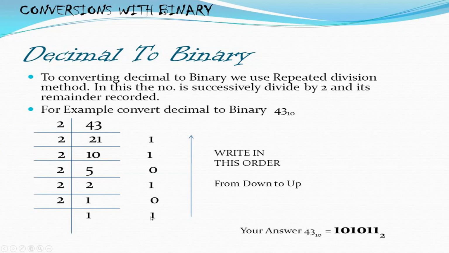You will write it in reverse, otherwise the number becomes wrong. Now this 43 can be read as 43, not 34. We read it the other way. The digits are 4 and 3 only, isn't it? Similarly here, you will read it from the bottom to the top. Now this is how you will write down the answer. 43 to the base 10, that means I have converted a decimal number to a binary number. 101011 to the base 2 gives me the decimal number.